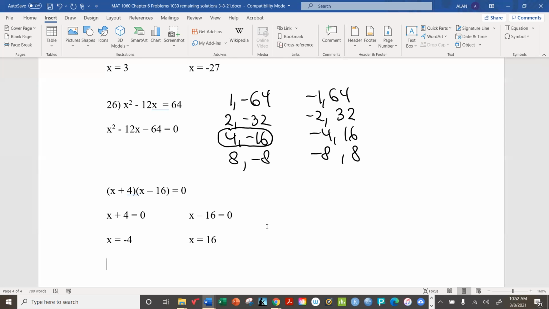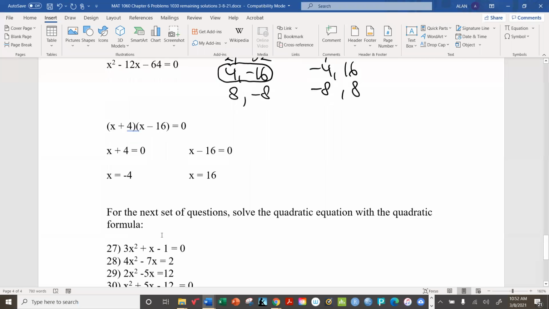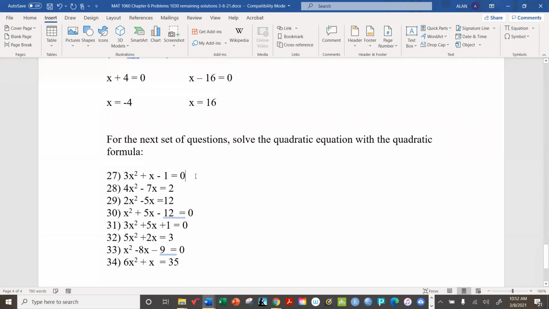Now, most of these are a little bit messier than what we've been dealing with. The thing about the quadratic formula is that it always works. The factoring can be a bit awkward under some conditions, especially if the coefficient of x squared is not 1. We can run into some very messy situations. So the quadratic formula is always going to work, but it's good to be able to do both. So let's take a look at some of these.